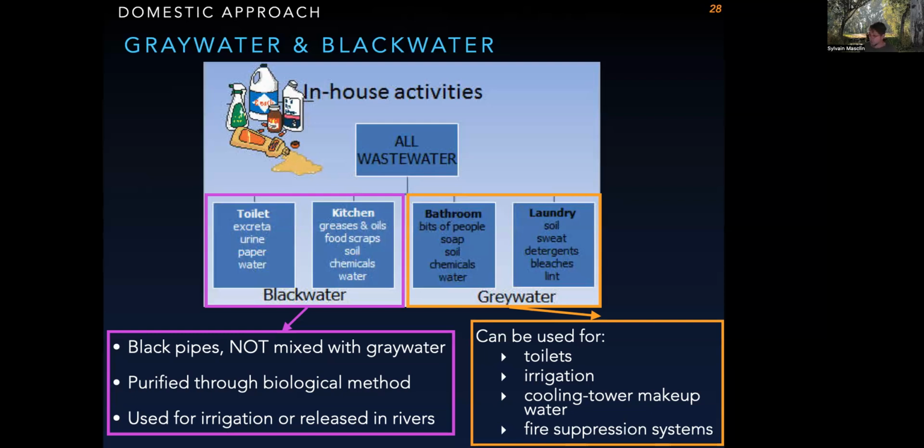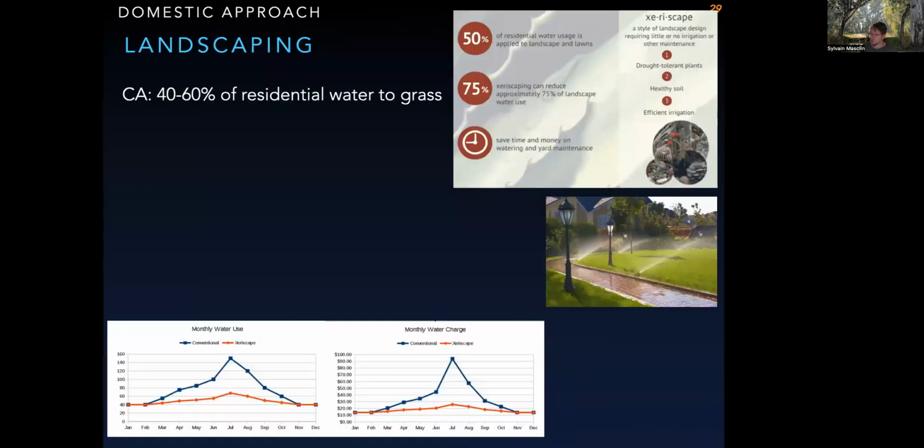Another water consumption from residents is landscaping. We consume a lot of water to water our grass. It's estimated to be between 40 and 60%, so about half of the water used at home goes into the grass, which is of course a lot. And we can see from those graphs the amount of water used, in particular during summertime, there is a huge increase